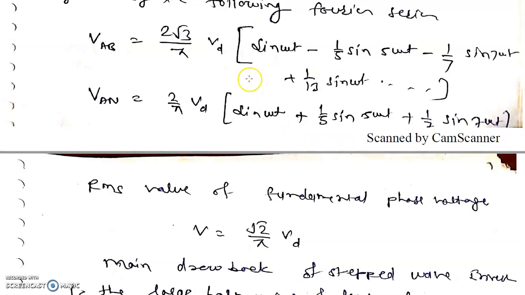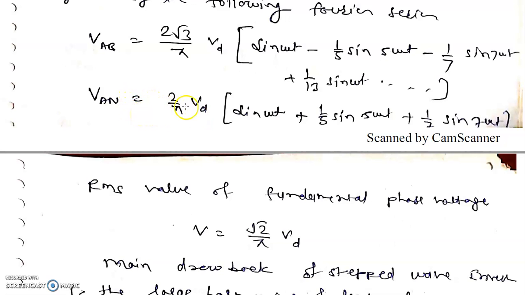So VAB, if this is the line voltage, can be resolved as 2 upon root 3 into VD [sin omega t minus 1 upon 5 sin 5 omega t minus 1 upon 7 sin 7 omega t plus 1 upon 13 sin 13 omega t] and up to the higher components,